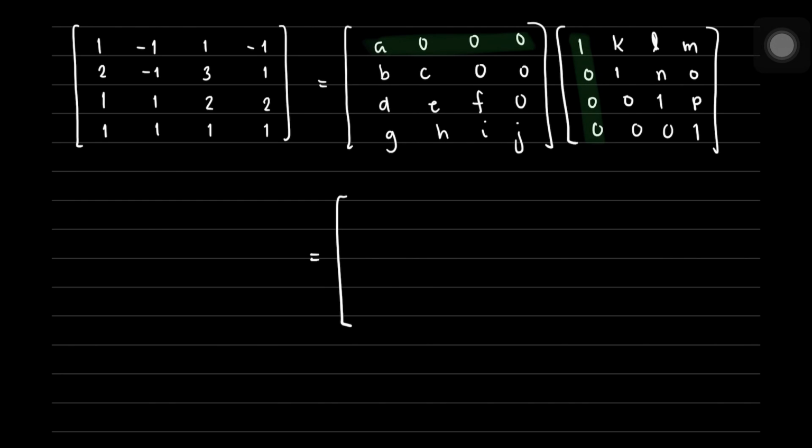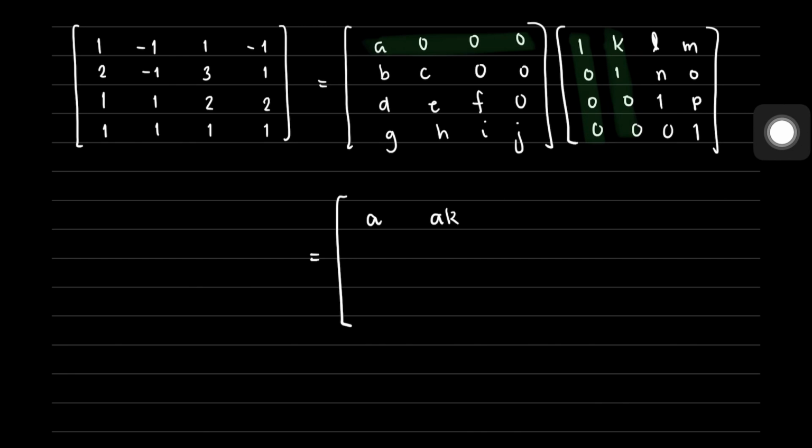So we have A. This would be equal to A. And then for the second element here, we multiply this one with this. That would be A multiplied by k, and then 0 multiplied by 1, 0 multiplied by 0, 0,